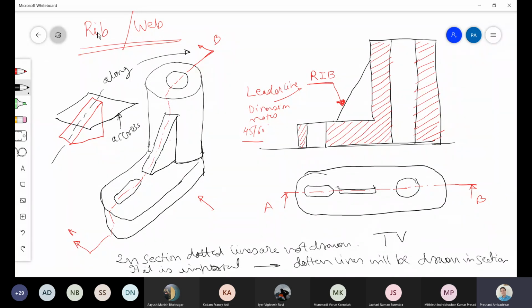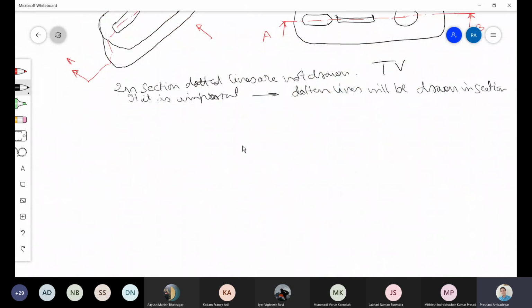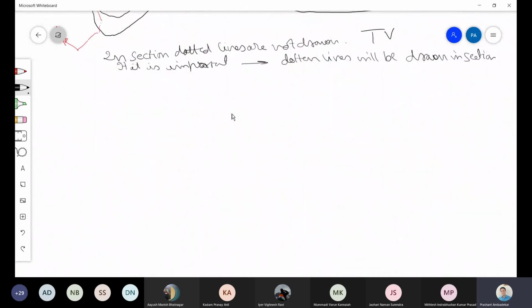Now I talk about web and rib. Okay, so rib you have understood. What is web, you understand now? Web will be something like this. Now generally this rib and web will be small in thickness, around 10 mm, 12 mm, sometimes it may be 6 mm, 8 mm, like this. Okay, so if I say that this